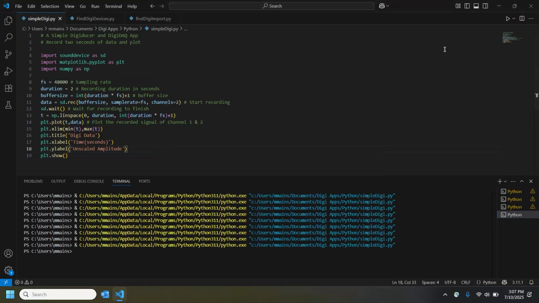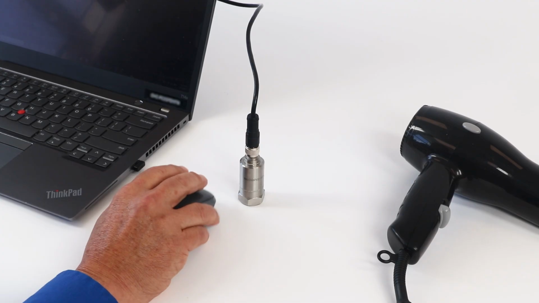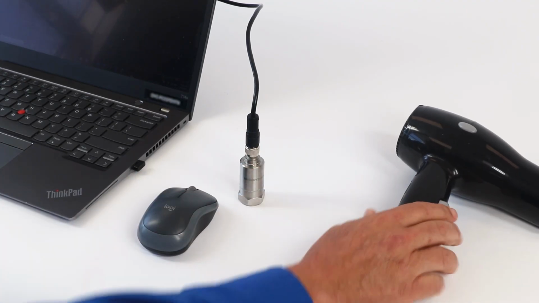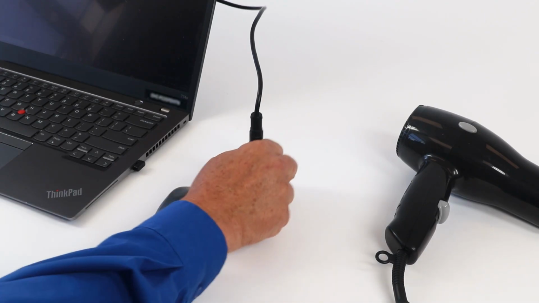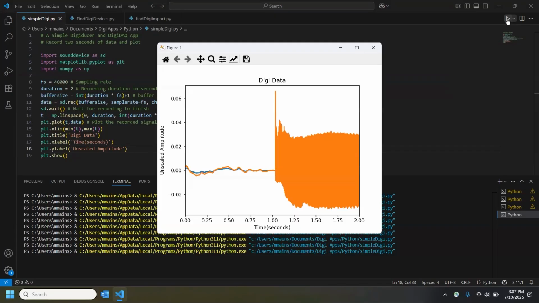I'm going to go ahead and close down this figure window, and the next thing we're going to do is turn on a hairdryer, or if you can find a device in your home, a fan or something that makes noise or vibration, you can attach that. But what I'm going to do is turn on the hairdryer, start our Python script, and then place the Digiducer on top of the hairdryer so that we can see the vibration measurements. So turn on the hairdryer, turn it on high, run the Python script, and then attach the Digiducer to the signal. And you can see there, I timed it about right,